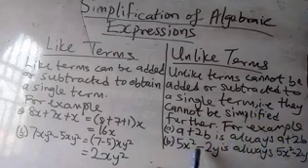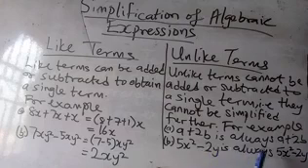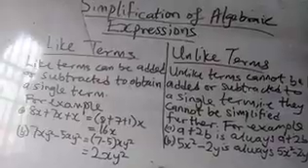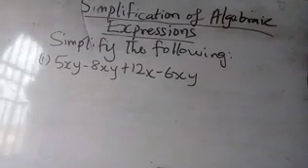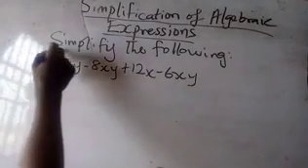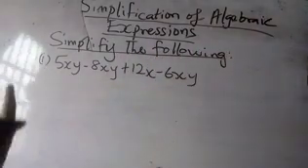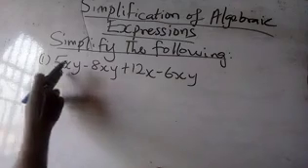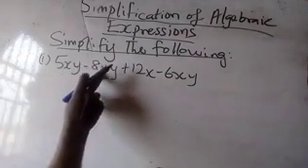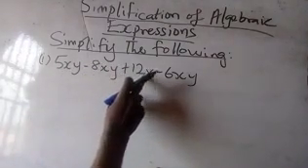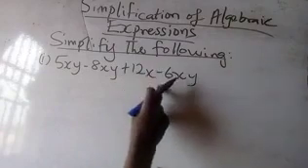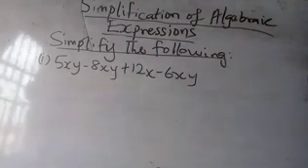5x squared minus 2y is always 5x squared minus 2y. Let us look at this expression on the board. Simplify the following. Let's start with the first one: 5xy minus 8xy plus 12xy minus 6xy. Looking